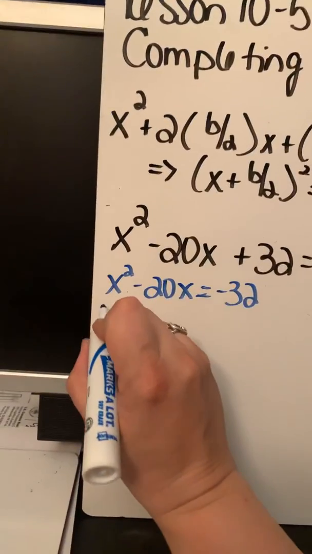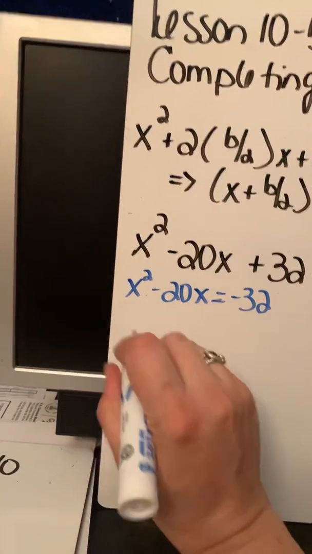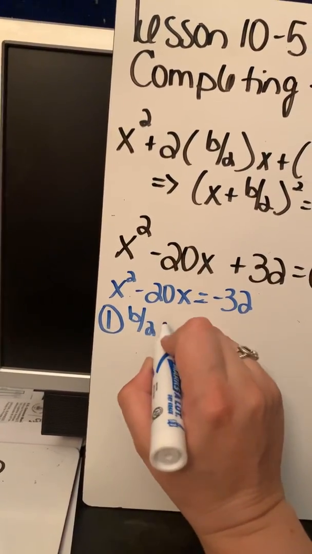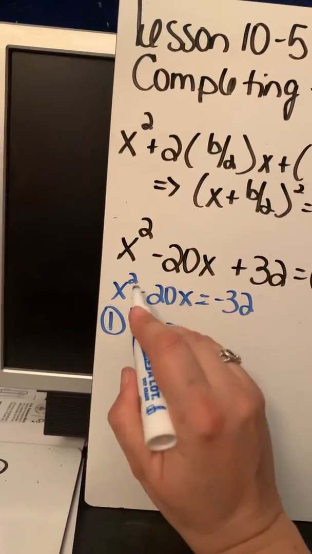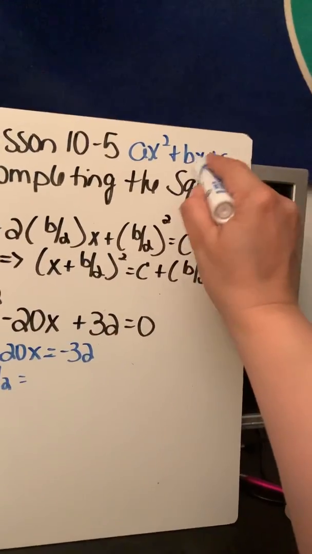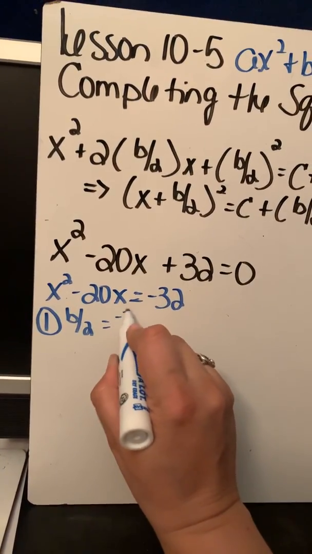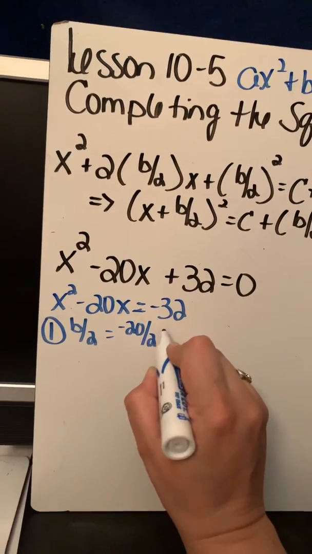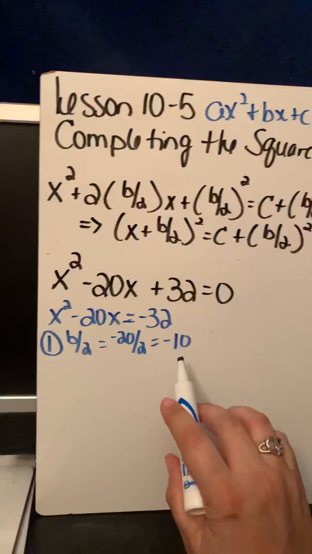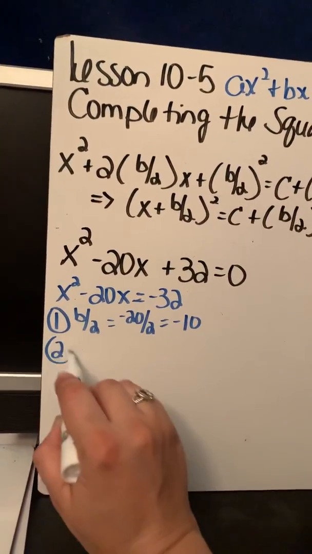Very first thing I want you to find is your b over 2. So what's b here? It's negative 20, because anything in front of an x is your b. So your b is negative 20. So I'm going to take negative 20 over 2. I get negative 10. So my b over 2 is negative 10. From here, you simply plug